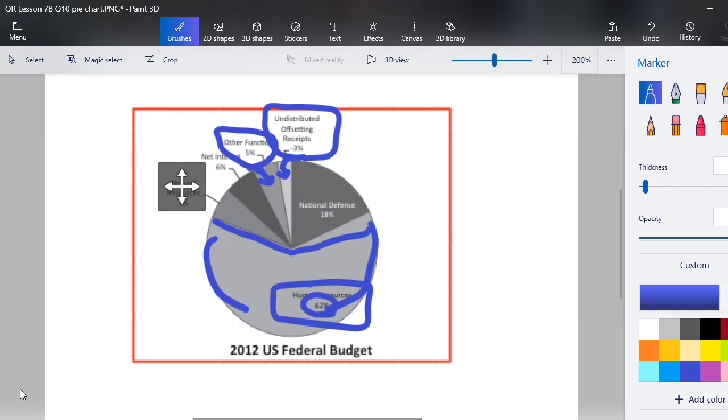What do your answers to questions 8, 9, and 10 tell you about government priorities in 2012? How did the pie graph help? And then why or why not? And when you look at this, again, in my face-to-face classes, I'm always talking about having a healthy paranoia. You need to be a thinker. You need to think critically. And you don't need to be paranoid, but you need to have a healthy balance where you are looking at what people are telling you, whether it is media, whether it is social media, no matter what it is,